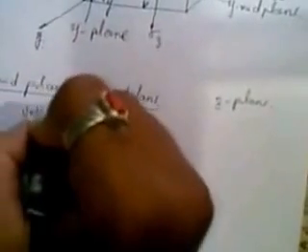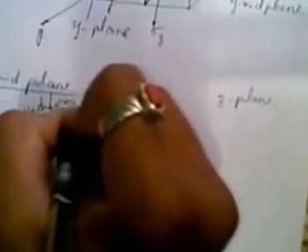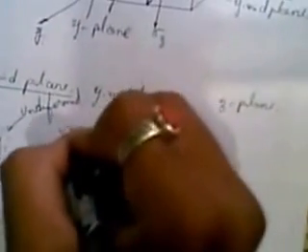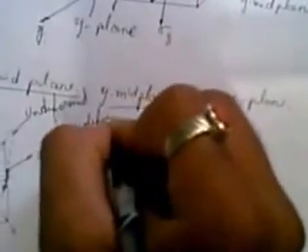And consider the z mid plane, and this is the undeformed. The dotted lines represent the